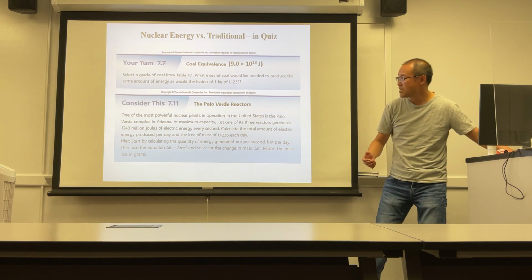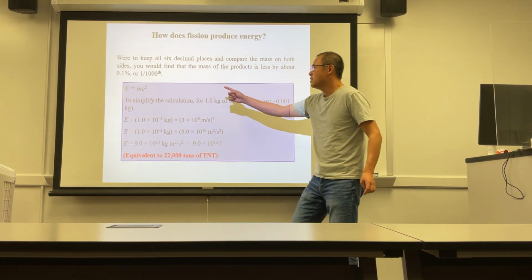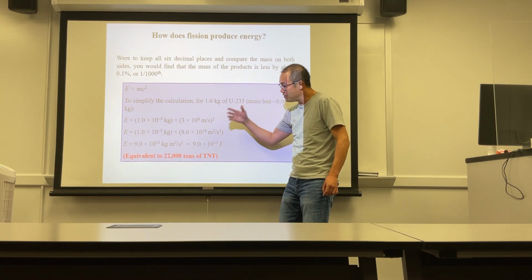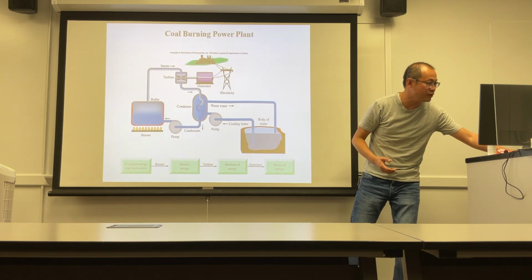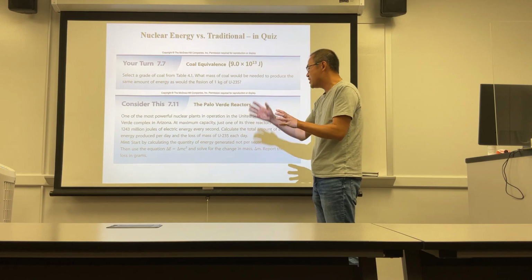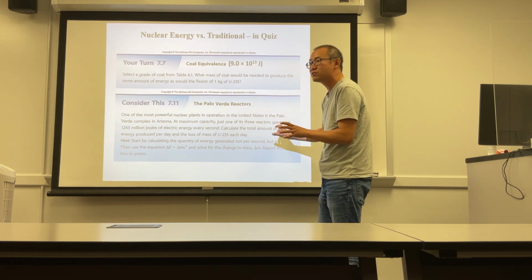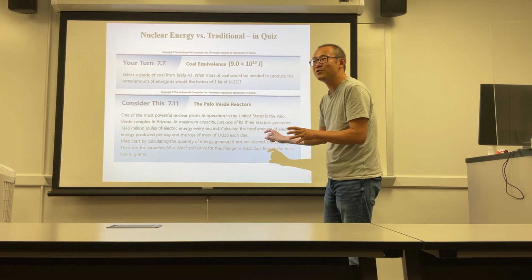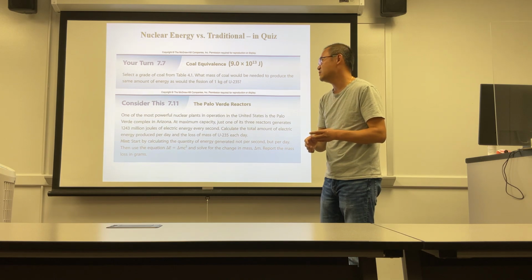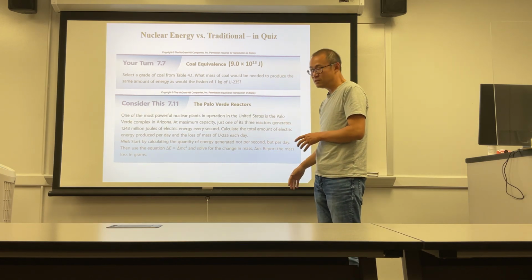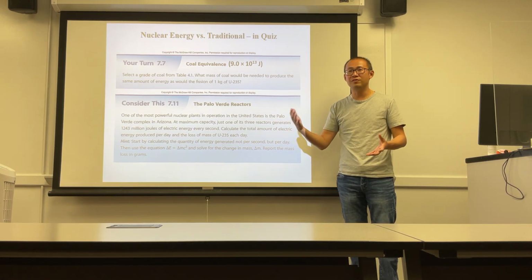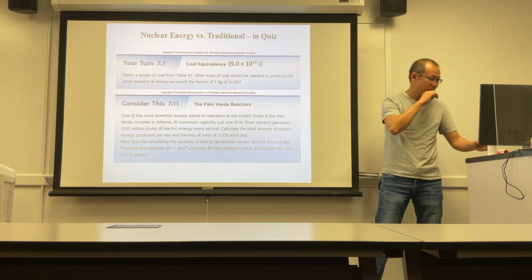Remember, what do I mean backwards? Here we know from 1/1000th of 1 kilogram we generate this much energy. And then the second question basically asks you to calculate energy first, then do it backwards and say, in order to generate this much energy by these 3 reactors, how much uranium do we need? How much mass loss of uranium do we need? Do it backwards, right? Again, these 2 questions will be in your quiz. Think about it. Just play with the numbers and play with the energies. Okay, so